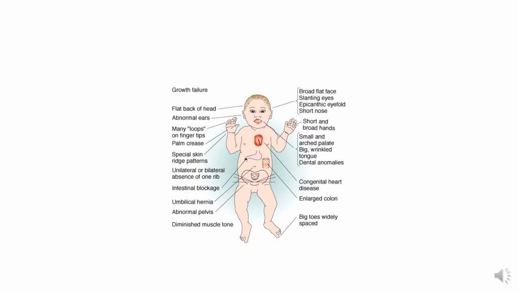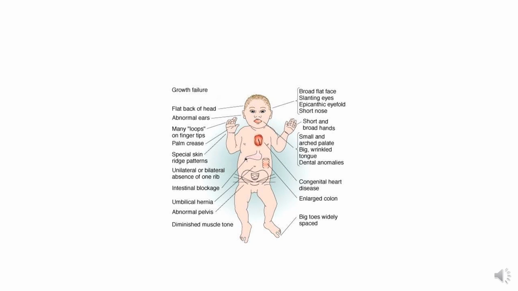Other features are growth failure, flat back of the head, abnormal ears, many loops on the fingertips, palmar crease which is the straight crease, special skin ridge patterns, unilateral or bilateral absence of one rib, intestinal blockage, that is intestine problems are there, umbilical hernia may be present, abnormal pelvis, diminished muscle tone, hypotonia,